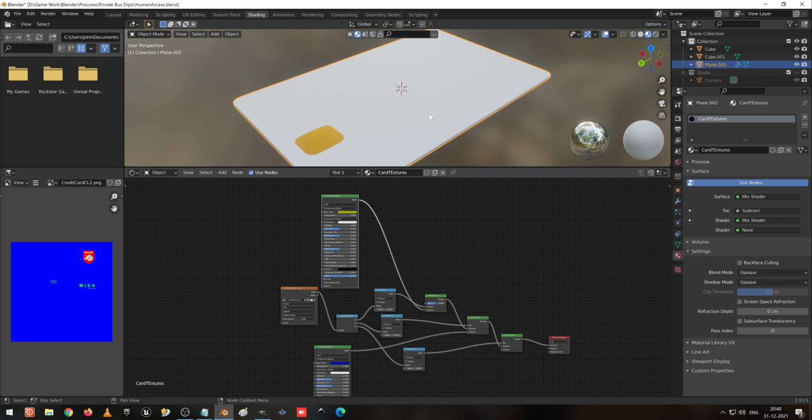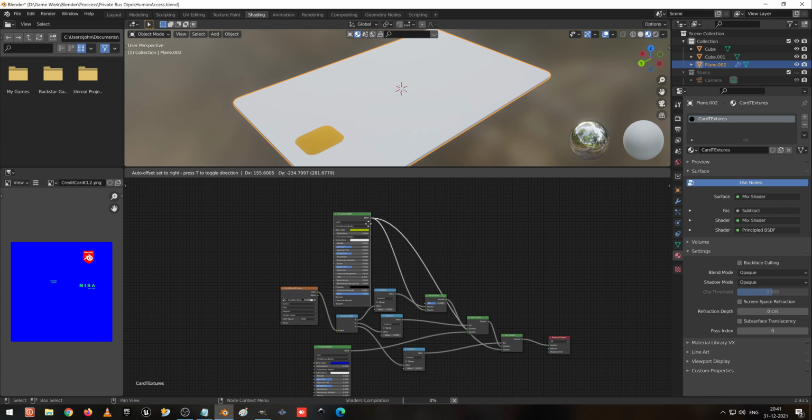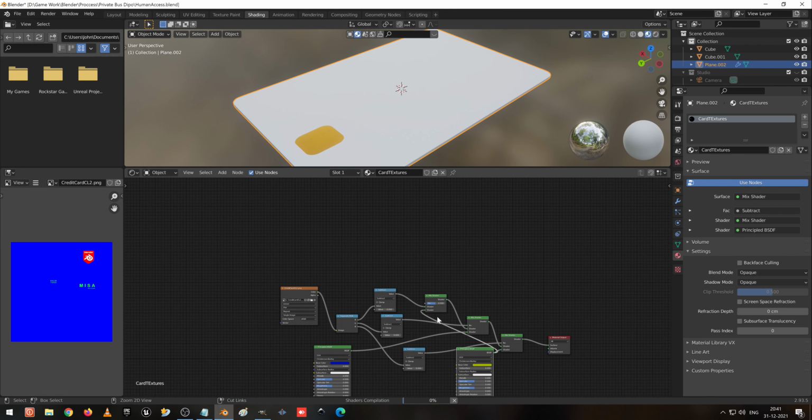So let me see how it comes. Sorry, I need to connect it to the blue. I'm really sorry, where is the blue lost. So I drag this one, I select this and cut this one. I connect this to, okay, it's under process.